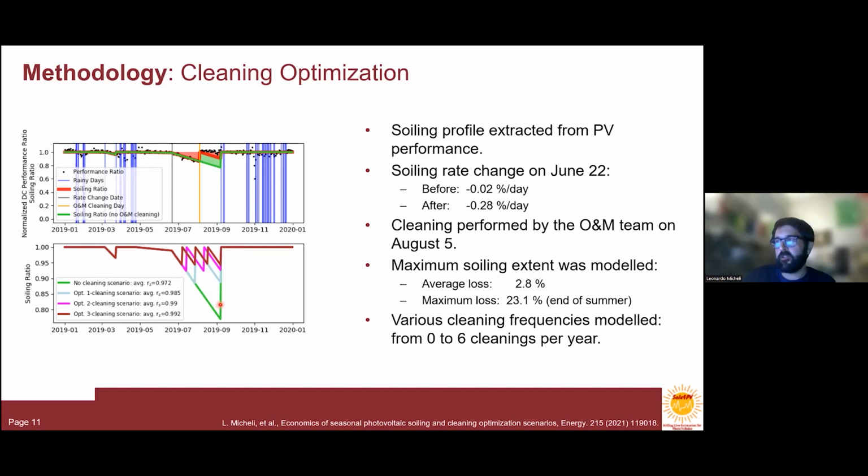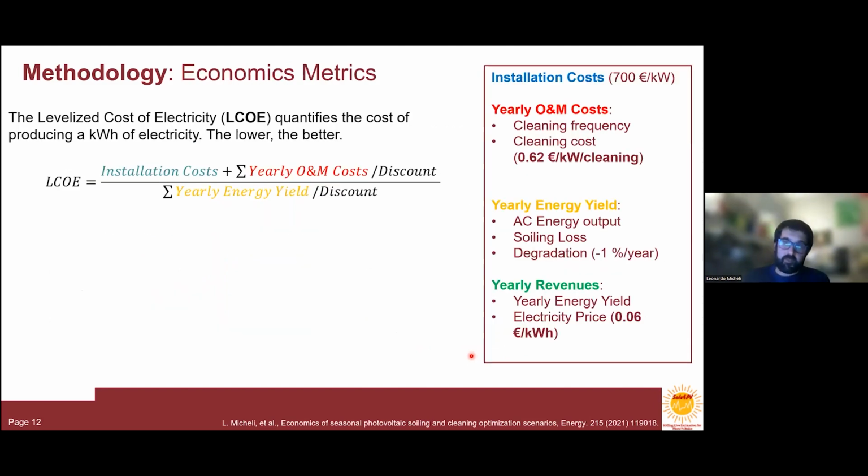You see how the soiling profile changes if you run 1 cleaning or if you run up to 3 cleanings. Again, here I'm showing only soiling loss profiles for scenarios with 0 up to 3 cleanings, but in reality, we modeled up to 6 cleanings per year. Again, when we talk about cleaning optimization, we also have to take into account the economic side,